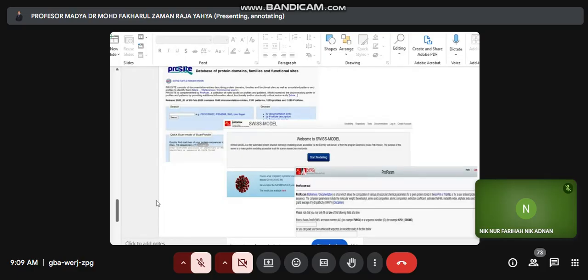For example, we can identify protein domains or functional motifs using, for example, ProSite database, ProSite software. Similarly, we need to paste our protein sequence in the query box, click the button, and wait